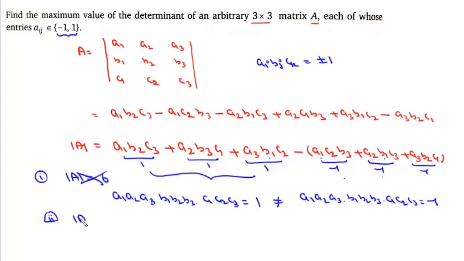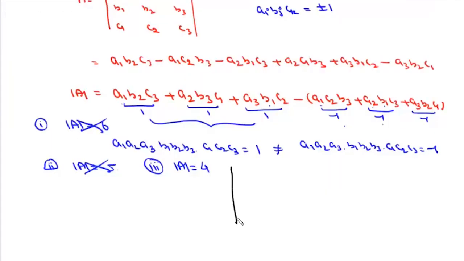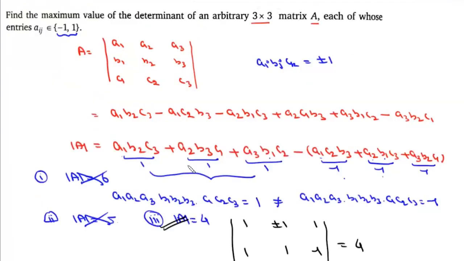Now if we talk about determinant of A equals 5, since we have 6 expressions, its sum can never be 5. So the maximum possible value of determinant of A is 4. And with a simple try, you can work out any determinant, say 1. Here you can take any one, plus or minus 1, and then 1. Now here we need 2, so it will be 1, 1, minus 1, 1. Here we need 0, and here we need again 2, and we'll get this 2 as minus 1, 1. Now if we expand this determinant, its value will be 4. So the maximum possible value of determinant will be 4, and that is the answer to this question.